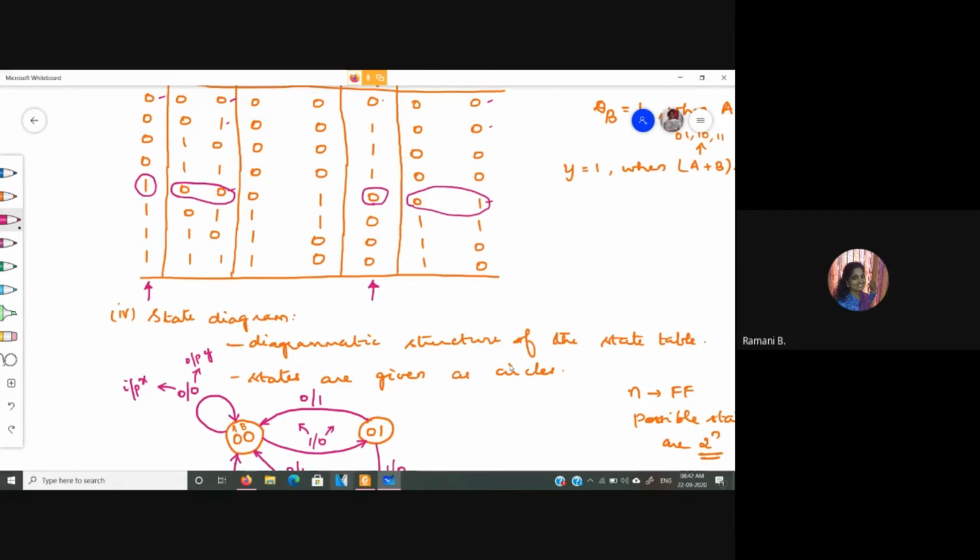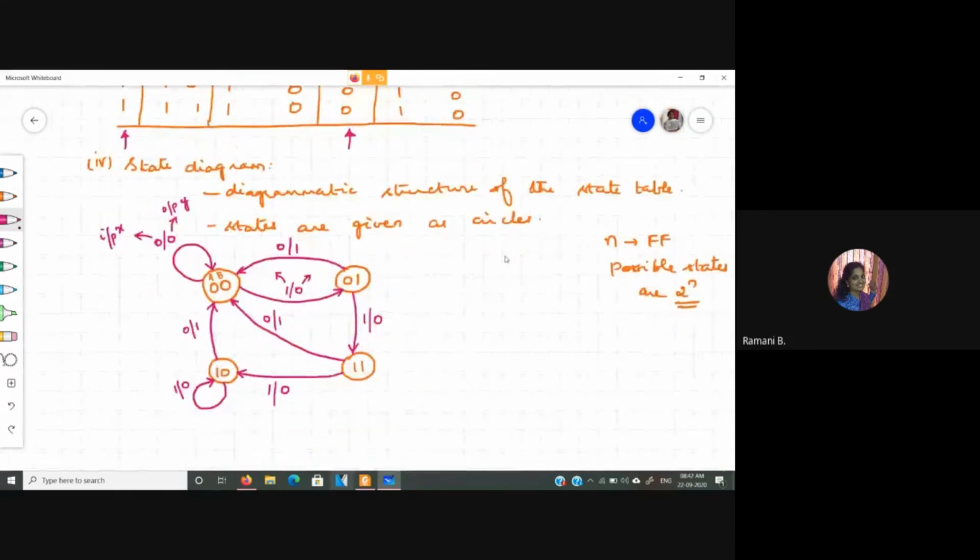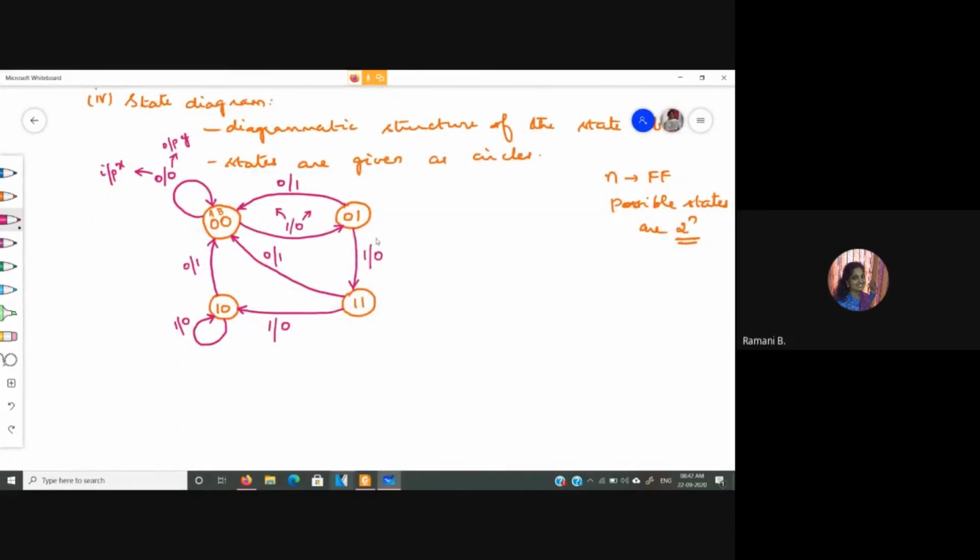Here in this particular state diagram, you can give the inference also. If the input is 0, you are remaining in the same state. If you get a 1, you move to the next state. Then if you are getting another 1, you move to the next state. Another 1, you are moving to the next state. And if you have a 1 after this, you will be remaining in the same state. So this is detecting a sequence of ones.